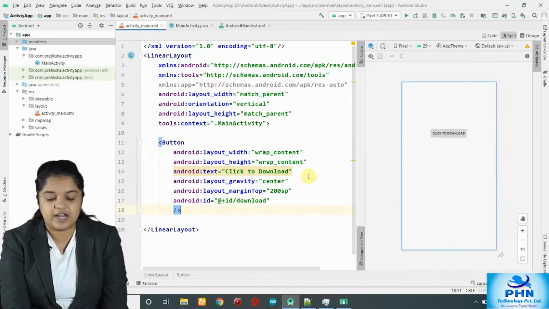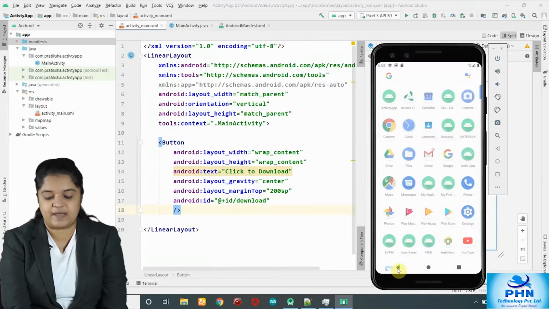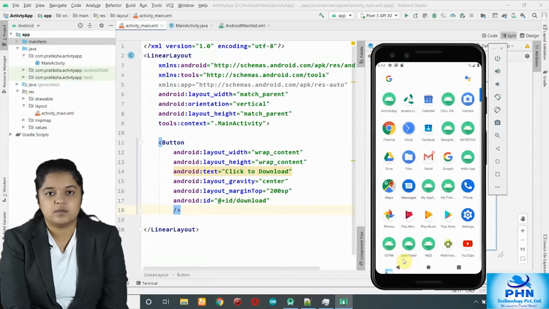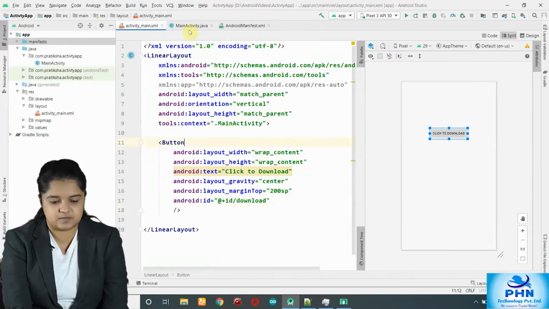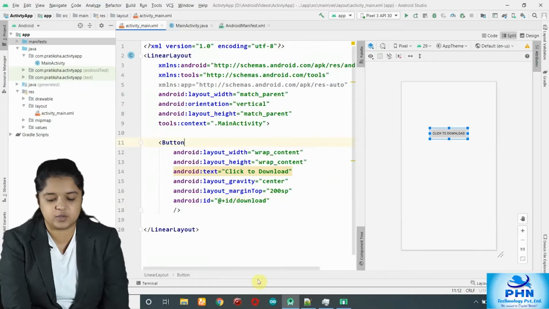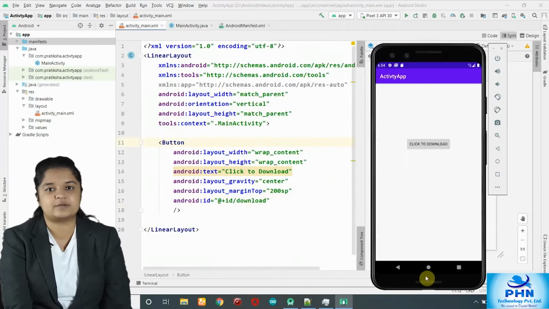Now what I have to do is, whenever I click on the back button, the app closes. Before closing, it should ask me for confirmation: are you sure you want to exit? If I say yes, then only the app should exit, otherwise it should not. Let's see how. We don't need to add any control because this back button is already present. We just have to create the click event of this already available back button.